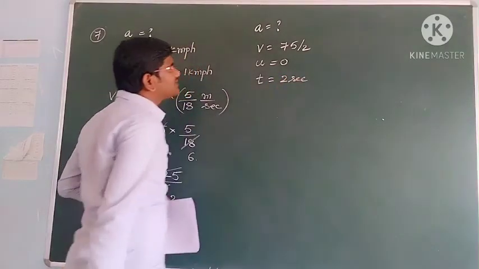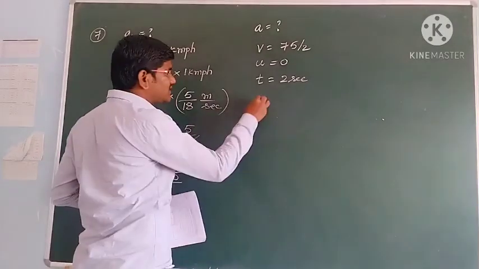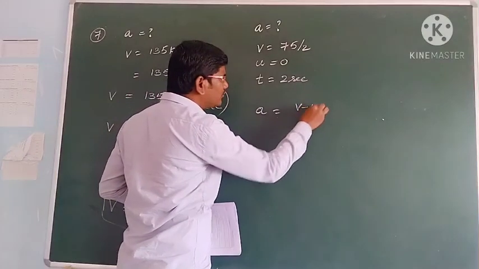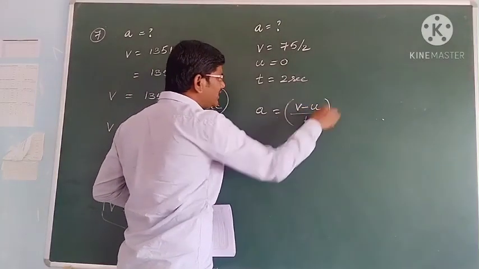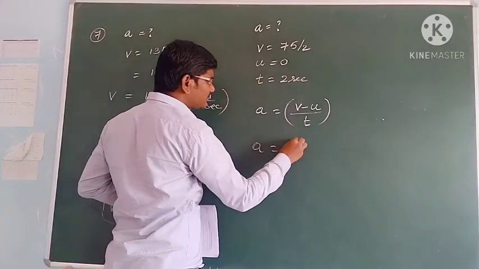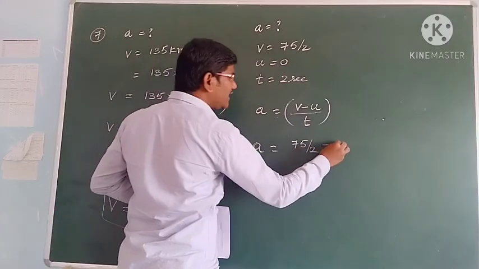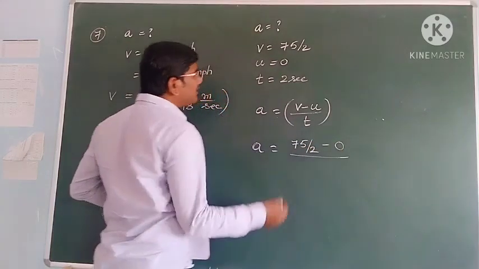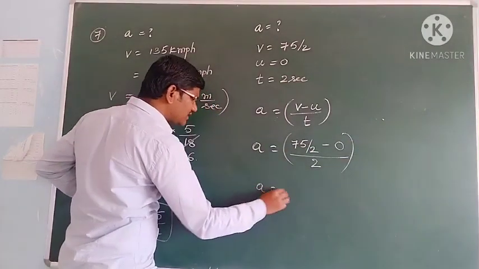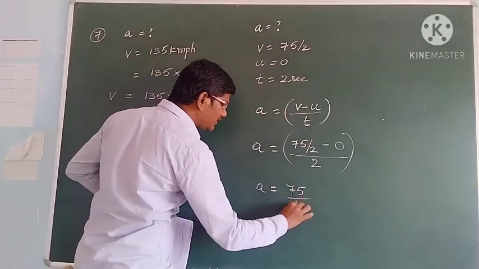So the question mark is acceleration. We know the acceleration formula: a is equal to v minus u by t. Then a is equal to the v value, how much, students? 75 by 2. And the u value is 0, by the t value, how much? 2. So then a is equal to, how much will you get? 75 by 4